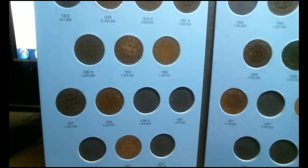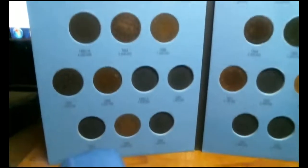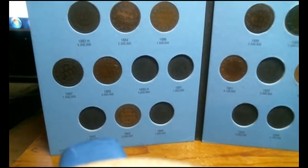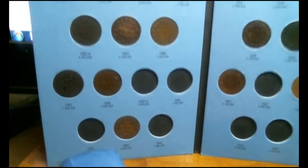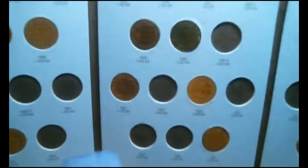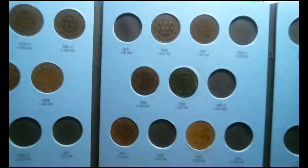1887, 88. I got the 88, the 90. They skipped 1 year. 91, and 92, 93, 94. I have the 93. So those are all Queen Victorians, as well as the 96, 97 that I have, the 99, 1900,